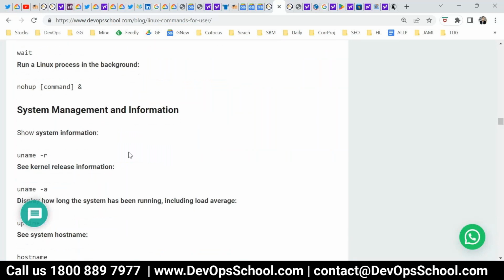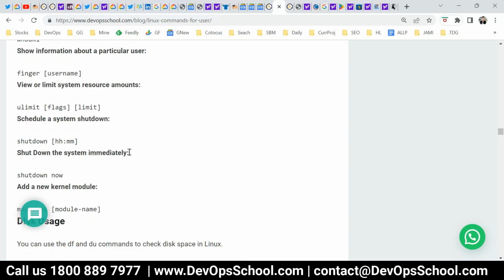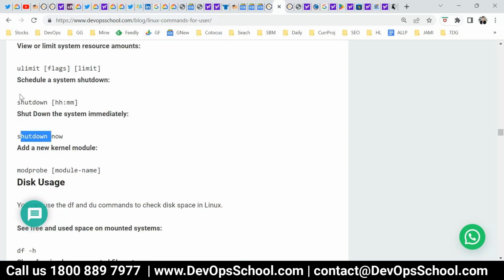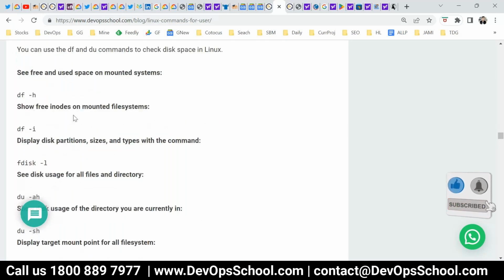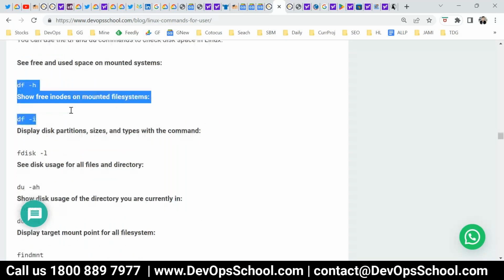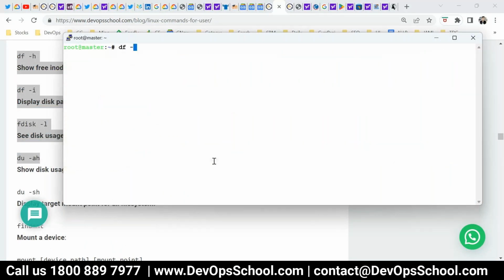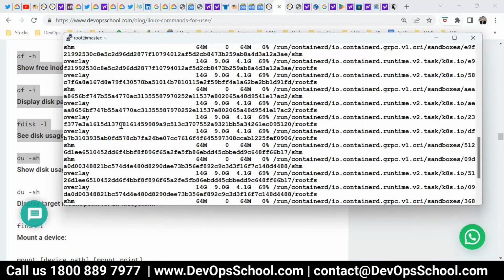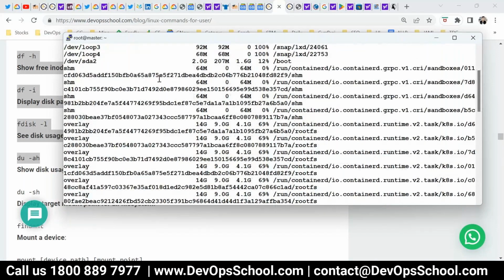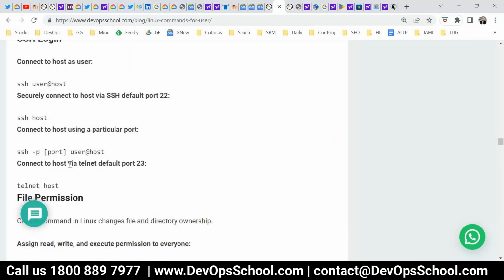Okay, so now there is one command. Shutdown, reboot and all, I don't think you'll struggle with that. Disk usage, if you want to check, the df command is there. With df -h, these are all the mounts we see. I have so many mounts because I'm running Kubernetes on these machines. And here, these are the system mounts. You can check this out. I think I have already covered this part in the last session.